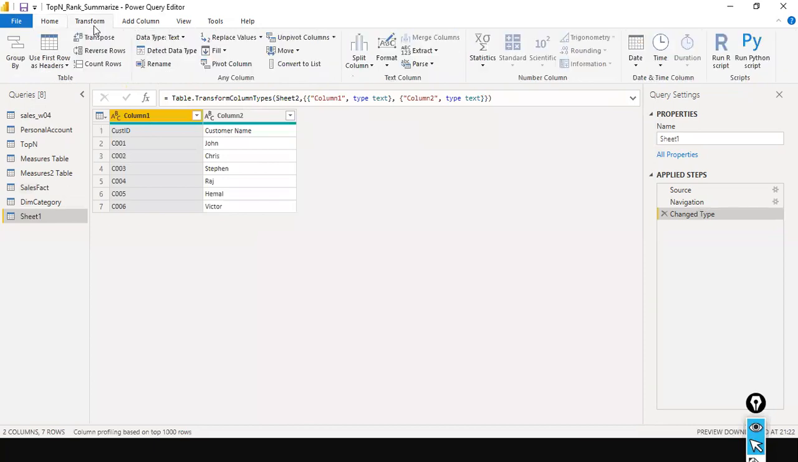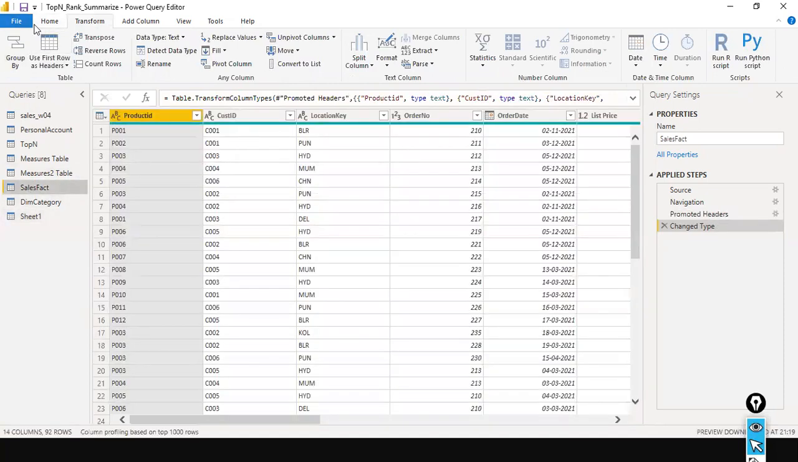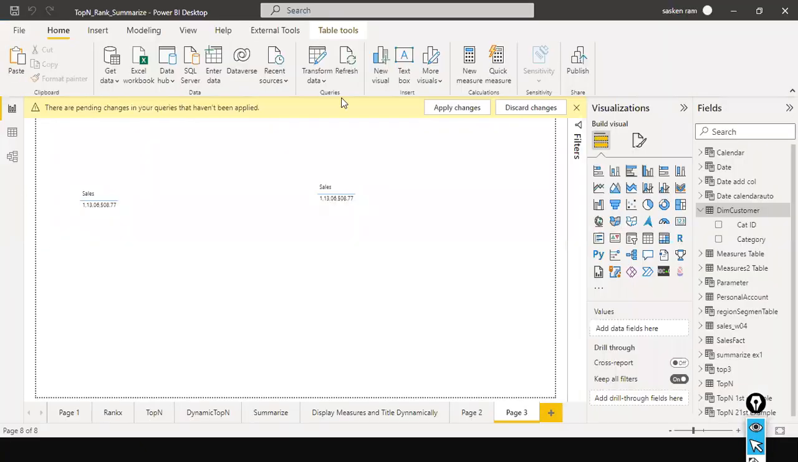This is correct, this is the correct file. And use first row as headers. Okay, here I have the cust ID, and in the sales fact table, I have the cust ID, correct. So all the values are correct. And if I go to the Power Pivot view,